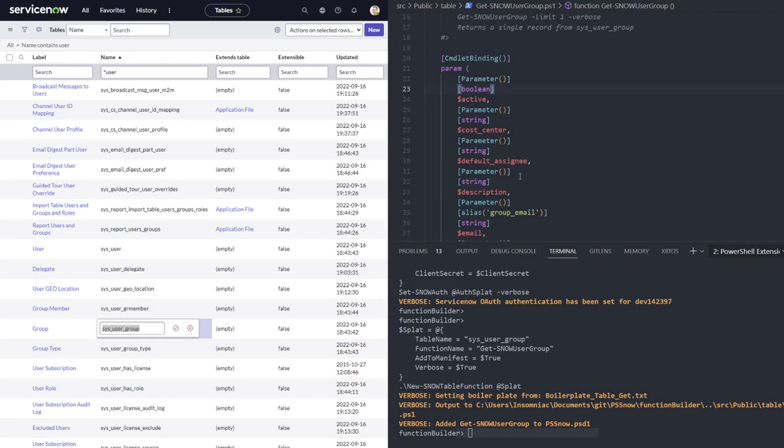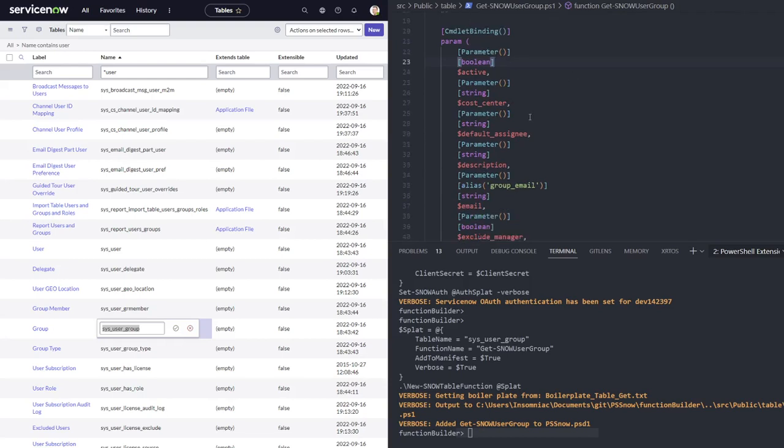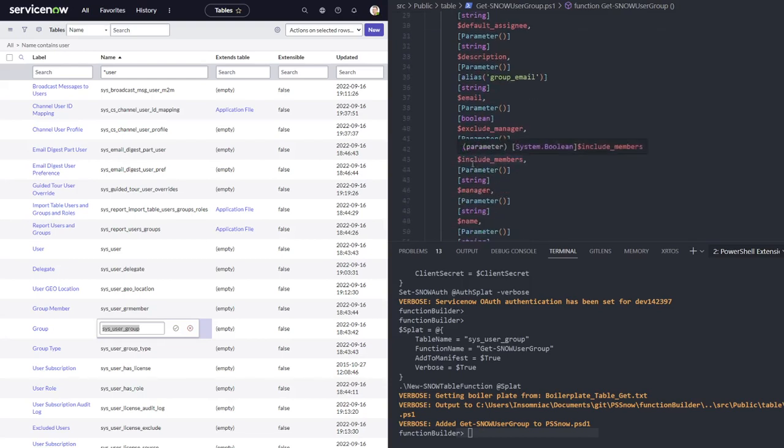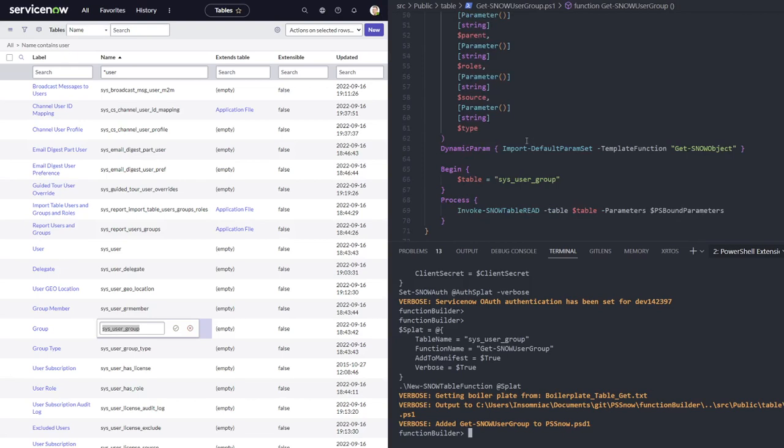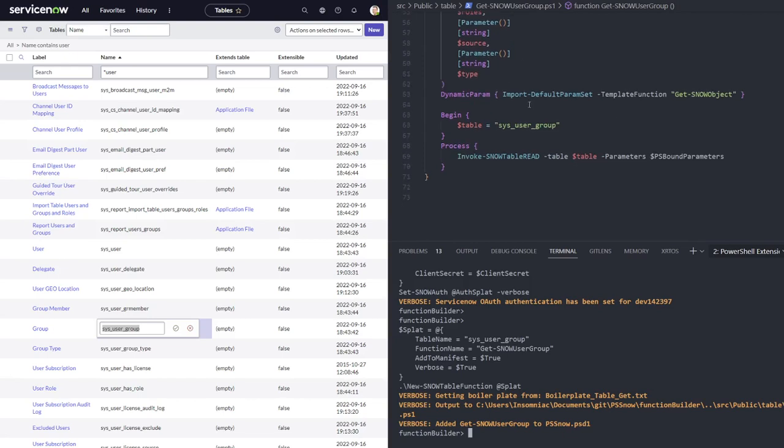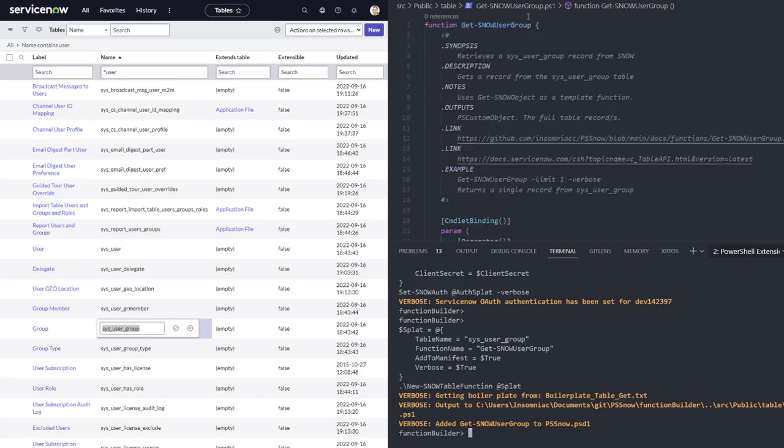There might be some cases, and I've done this with the get user command, where they're just simply not relevant, so I've dropped them. If you do drop any, you can still access them using the same command, because there will be a query parameter on this as well that you can use. But yeah, it's really simple. It's just got the table name in here and the parameters. So let's go back to our